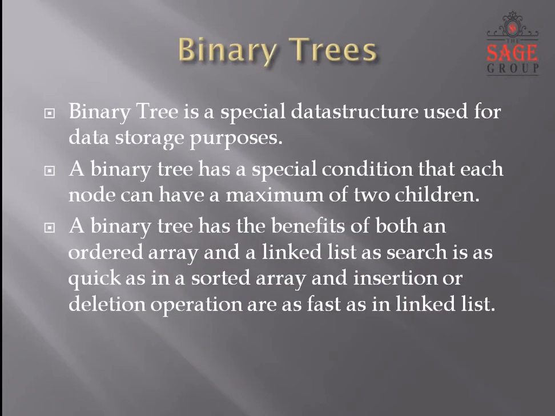Okay, we have been discussing trees. Now let us come to binary trees. What is the meaning of binary? Binary always stands for 2. So a binary tree is a special data structure used for data storage purposes. Whenever I say 2, that means every node will have a maximum of 2 children. It can have less than 2 children, but it can never have more than 2 children. So any node can have 1 child or a maximum of 2 children, and that is known as a